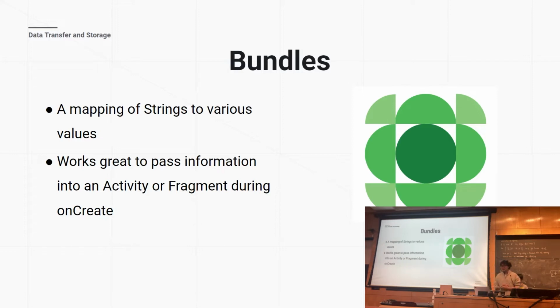Bundles are limited in the sense that you can only use them to transfer information between activities or between fragments. So what if we want our data to be globalized? We don't actually want to keep on passing information from one activity to the other. We just want to be able to instantly access this core, important piece of data throughout any part of our app. How would we do this without constantly transferring this piece of data between all aspects of our app?